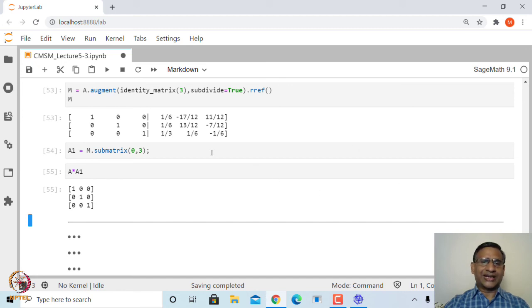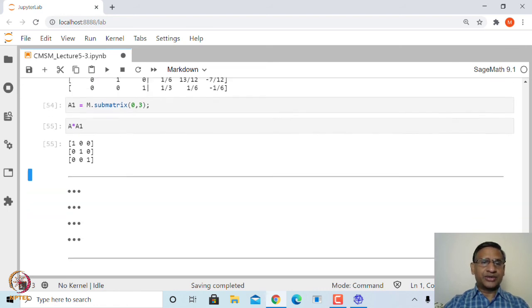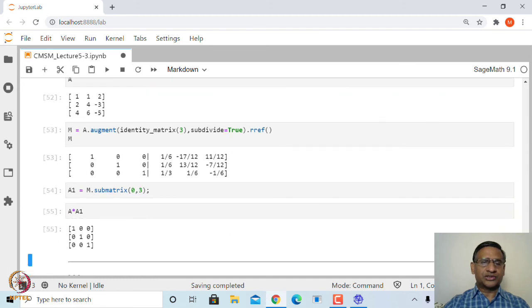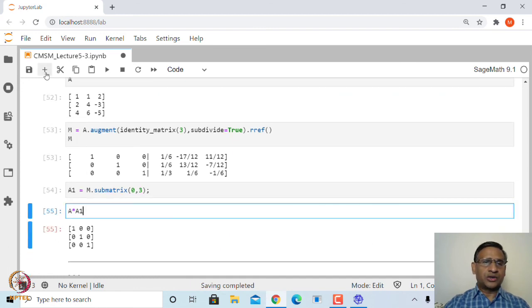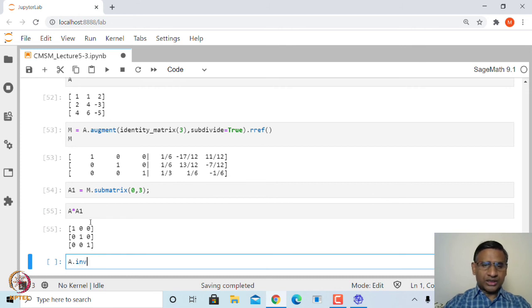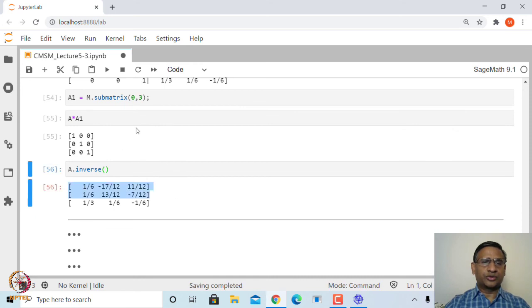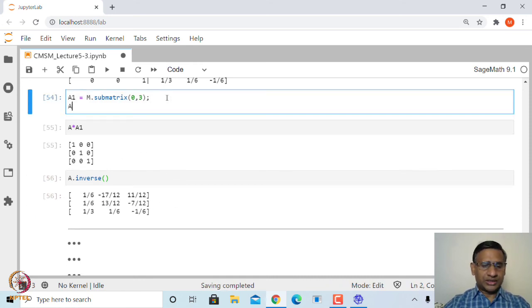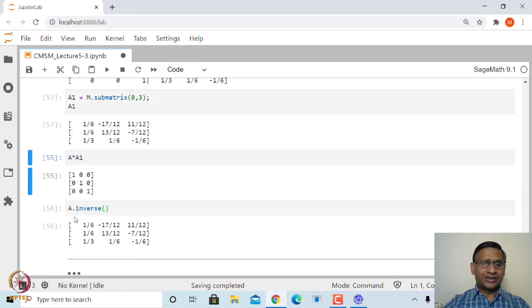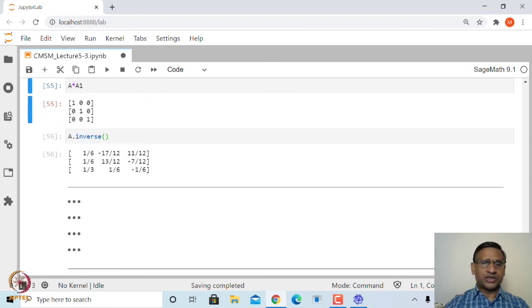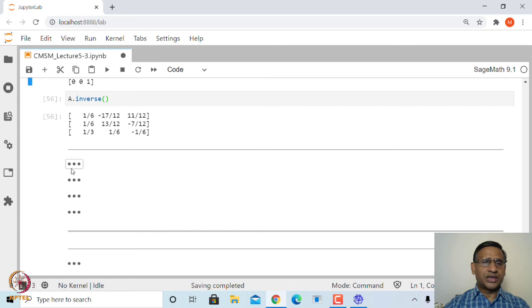So, that is actually solving a system of linear equations in 3 variables whose coefficient matrix A is common. So, this is one way of finding the inverse. Of course, Sage has an inbuilt function to find the inverse of a matrix. You can, for example, look at A dot inverse and see whether you are getting the same thing. This should be equal to A1. Let us print this A1 and this A dot inverse, they are the same thing. So, what we got using RREF is the same as the inverse of the matrix using the inbuilt function, right.